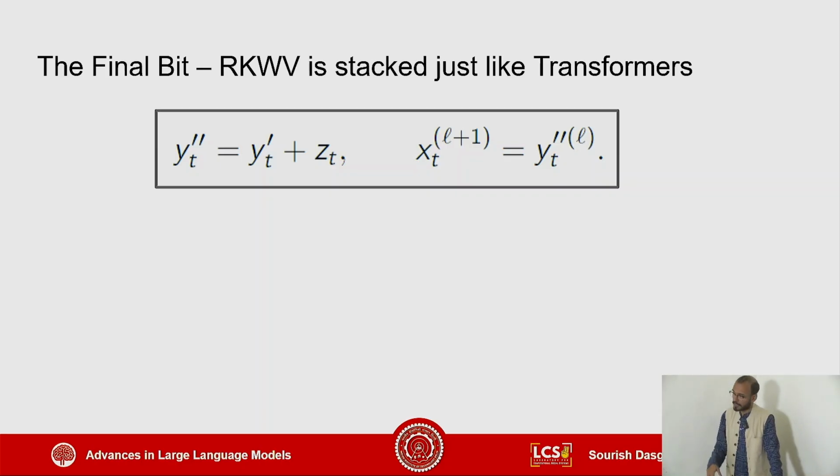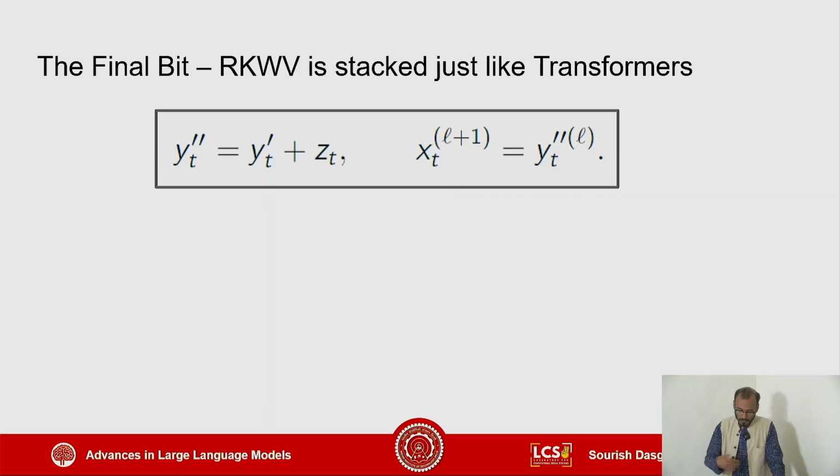And this ZT, you again make sure that the original information stays. So you apply the residual y prime t from where ZT was born. So ZT was born out of that one y prime t. So you again apply the y prime t so that y prime t is not suppressed in the ZT representation. So you add that again and you get y prime prime t, and that y prime prime t for a particular layer becomes the xt for the next layer, the input for the next layer.